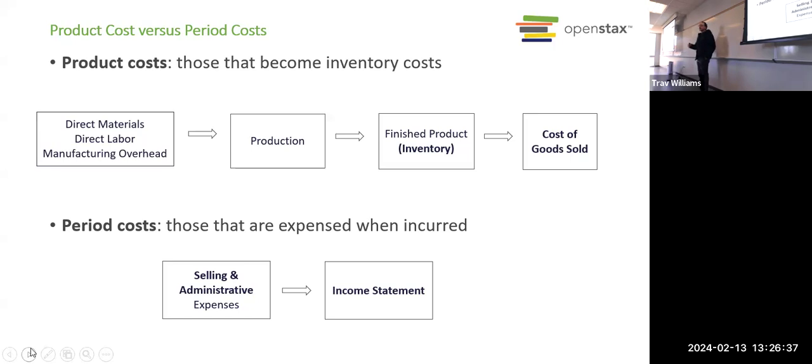You think about the way the income statement is laid out, it's revenue minus your cost of goods sold equals your gross profit margin, right? So we start off with the production costs up top. Then from the gross profit margin, that's where we take out the other expenses, the period expenses, to get our net income. So we separate out the production related costs, they all go into cost of goods sold, and the other costs all go under selling and administrative.